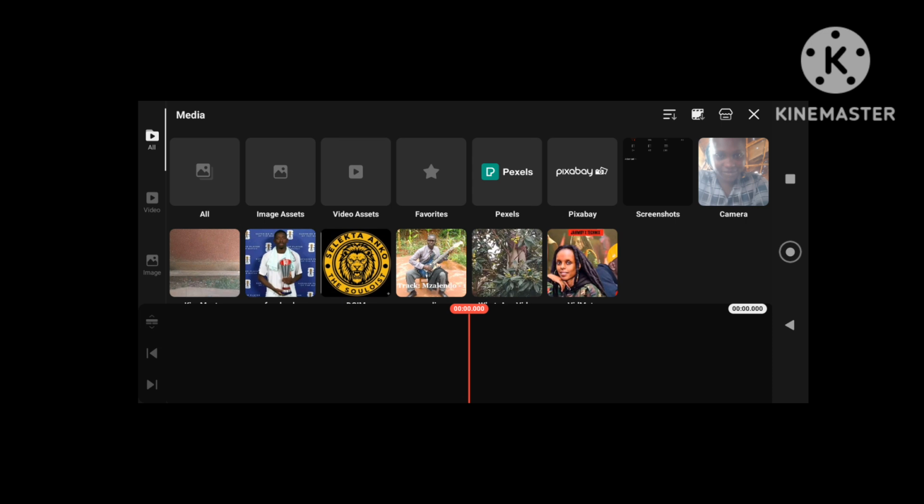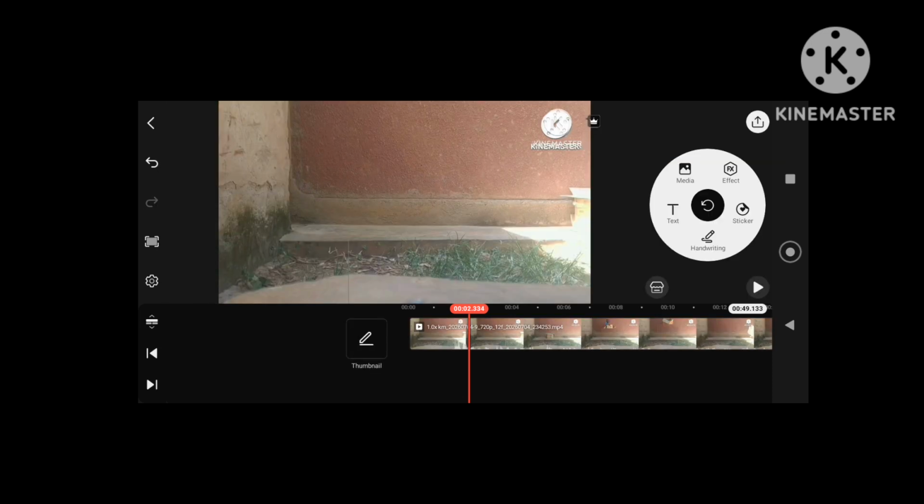This can be something like a logo or a B-roll or a lower third. You can also add text and other effects such as stickers, blurs, and graphics.